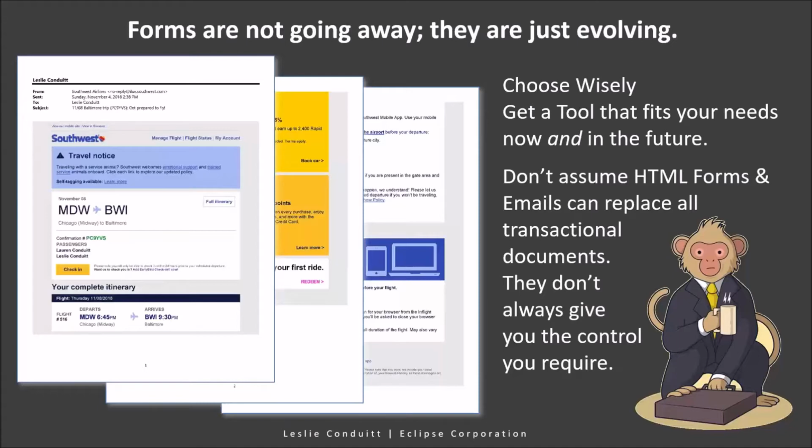But forms are really not going away. They're really just evolving. The one thing that I often hear is people say, oh, you can do everything online, I can go online and see my invoice or my receipt, and then I can receive an email as a receipt. And that's great for me returning a small product from Target maybe.